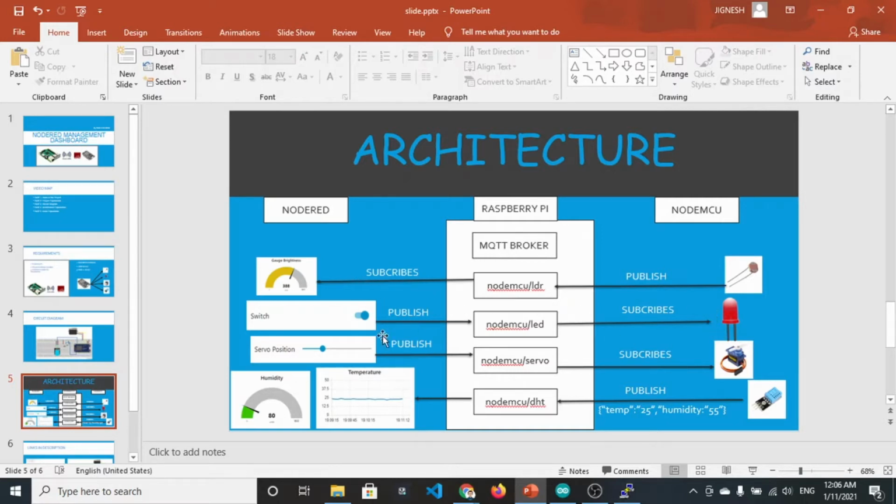And if you want to publish some data on one topic, another client can do it. Like in this case, NodeMCU is one client and Node-RED is another client. So if NodeMCU wants to receive some data, Node-RED will publish it, and the topics would be common, like NodeMCU/LED is the common topic. Node-RED publishes the data, and the LED of the NodeMCU, which is on one pin, receives the data and performs the action. So let's create a